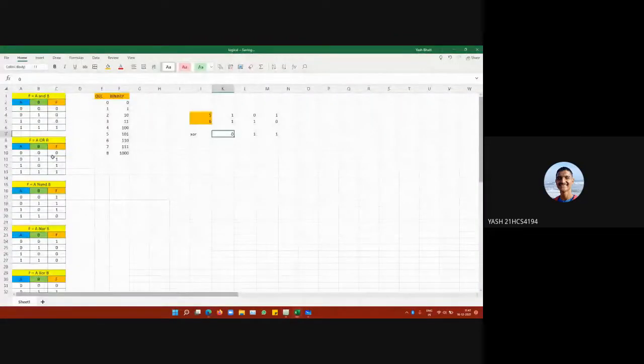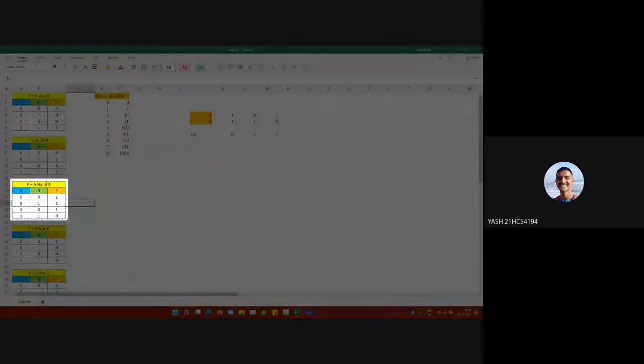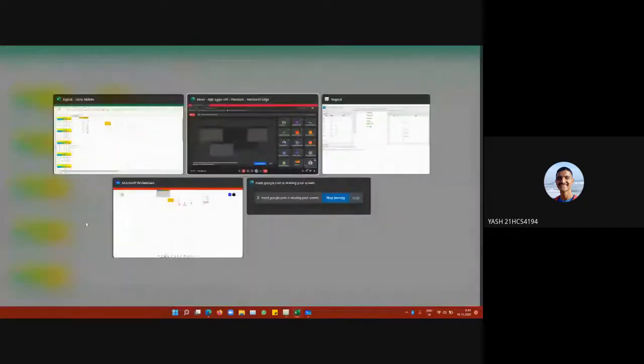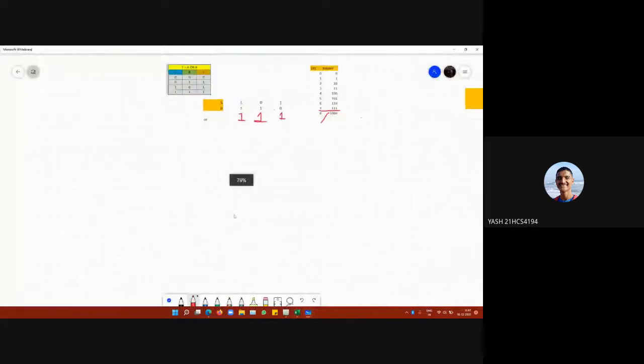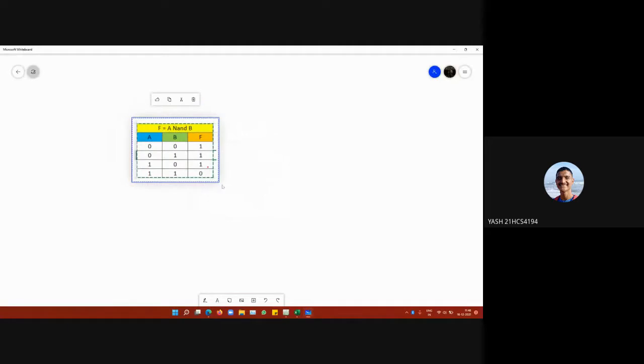This is the table for NAND. NAND is just the opposite of AND, or we can say it is the not AND operator. Whatever the output of the AND operation was, NAND will just do the opposite. So for the AND, if we were getting 4, that is 100, the NAND will give us 3 for 5 and 6.